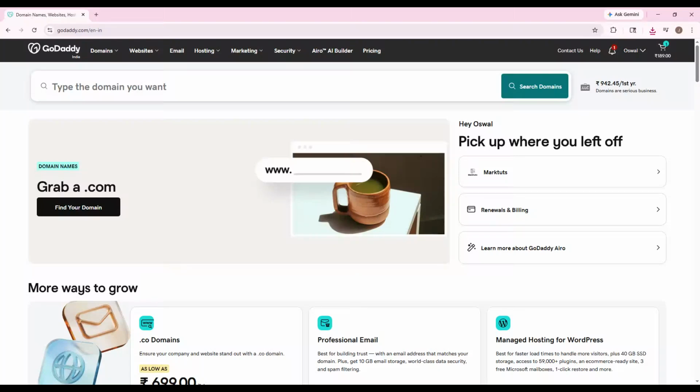If you're wondering how to use GoDaddy, this video is going to walk you through the basics in a simple, beginner-friendly way. Whether you want to buy a domain, manage your website hosting, update DNS records, or handle billing and renewals, GoDaddy gives you everything in one place. By the end of this tutorial, you'll know exactly where to go and what to click so you can manage